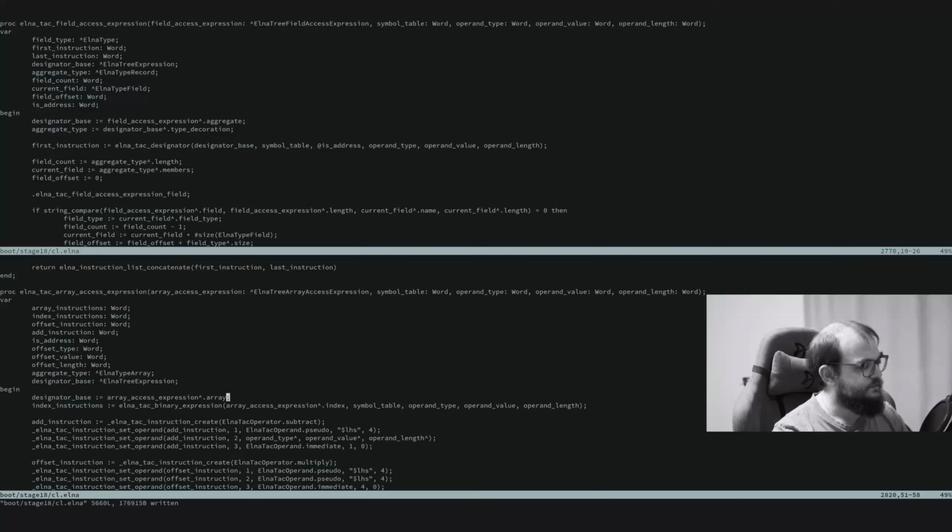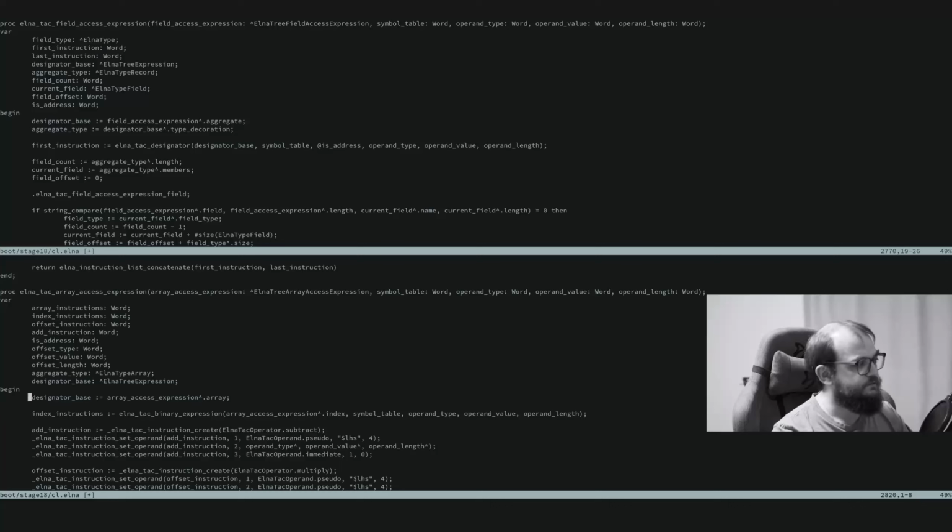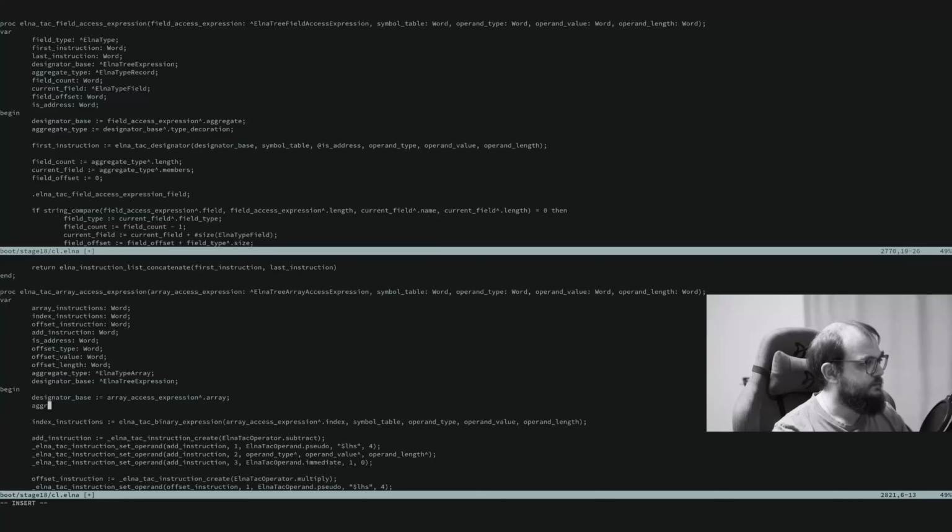So this is the designator of an array, and its type is actually the same. So the designator will have the type set during the type checking pass,